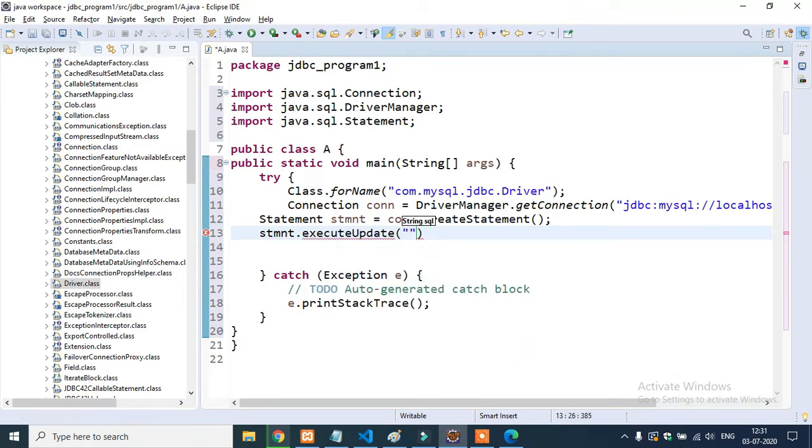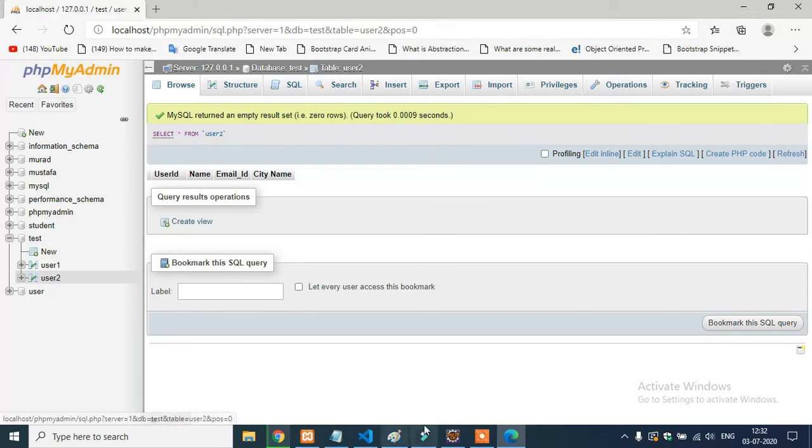and here I will write a SQL query: insert into user. Now what is our table name? The table name is user2.